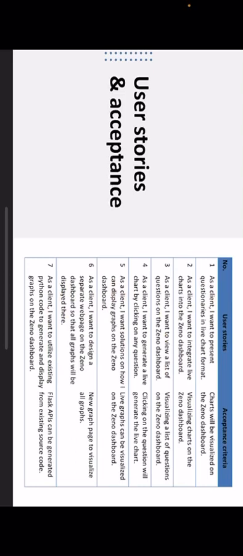And the client wants to generate a live chart by clicking on any question, and we used React.js to convert the questionnaires into the live chart format.